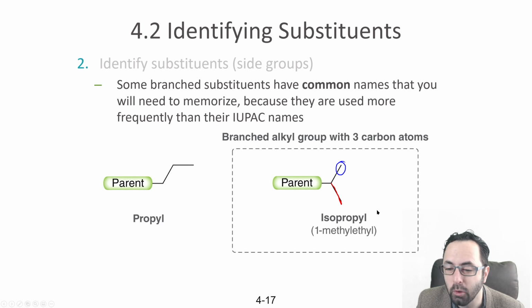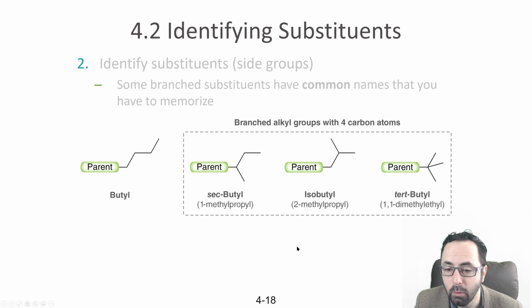There is a few memorization things that are going on in this chapter. I know I try to minimize memorization, I always told you, but when it comes to names, there's no way around it. You have to memorize someone's name, and you've got to memorize a molecule's name. Now, this system does reduce the memorization significantly, but there are a few things you need to memorize. You need to memorize those prefixes, and you need to memorize what isopropyl is. And there's a few more that you should memorize. You need to memorize these.